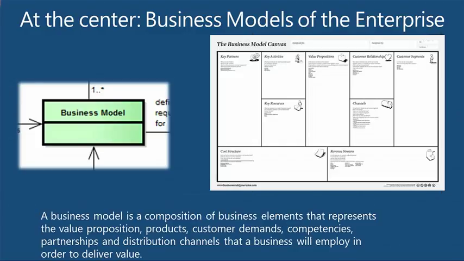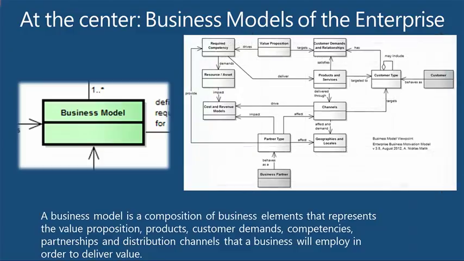So I did a lot of analysis on that and came up with a way of capturing it as an enterprise architect. Alexander Osterwalder was a major influence on the Enterprise Business Motivation Model, because none of the other models out there even cared, they didn't even have an entity for business model. We wouldn't capture business models. And that became silly very quickly.